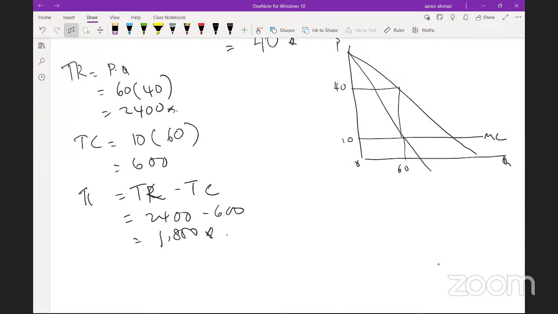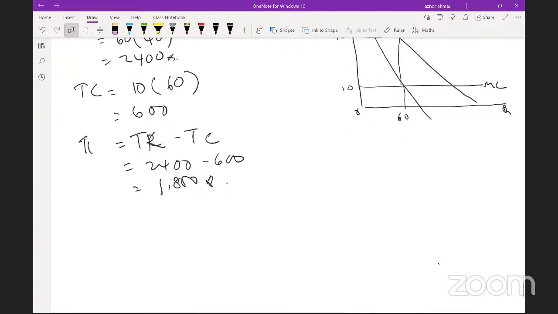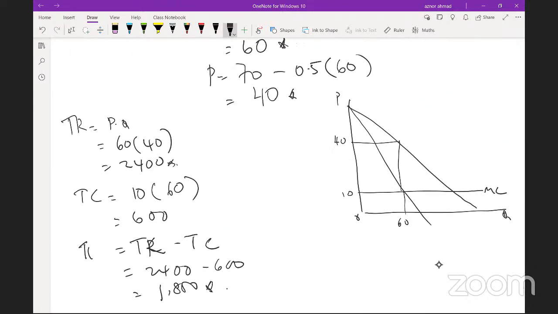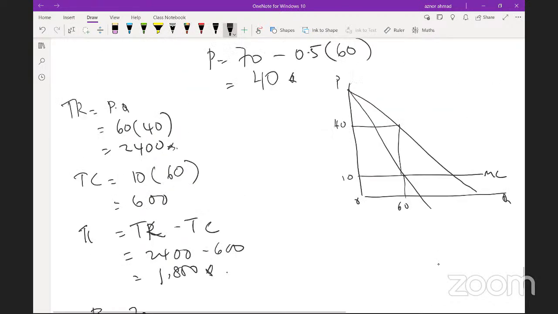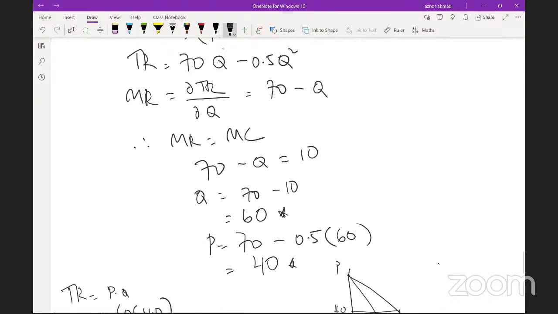Right now, I want to go to how are we going to determine if you want to do a price block, the second block, right? How to determine the second block? So the first block you already know, yeah. The first block that the firm can sell is at a quantity equivalent to 60. So for the second block, you are given here the price function. Remember the function is given as 70